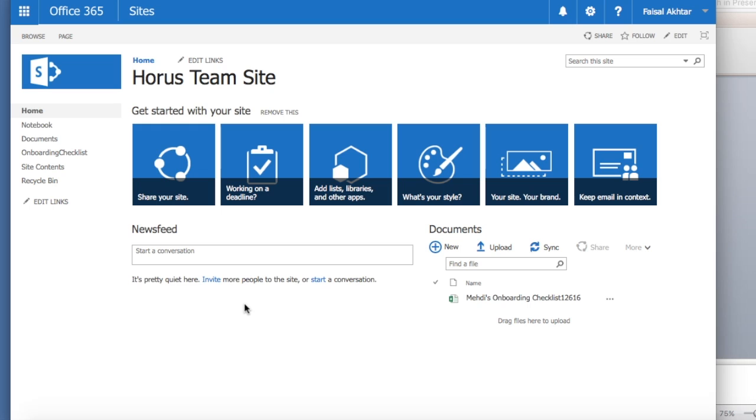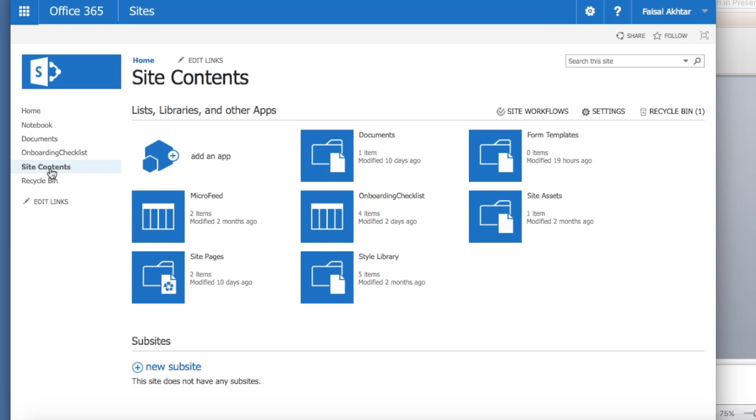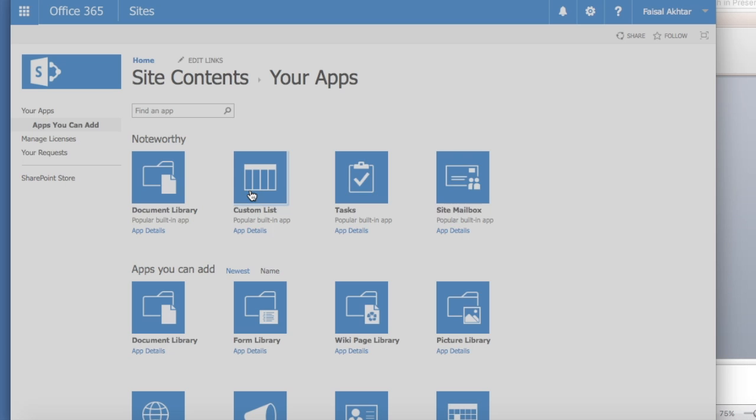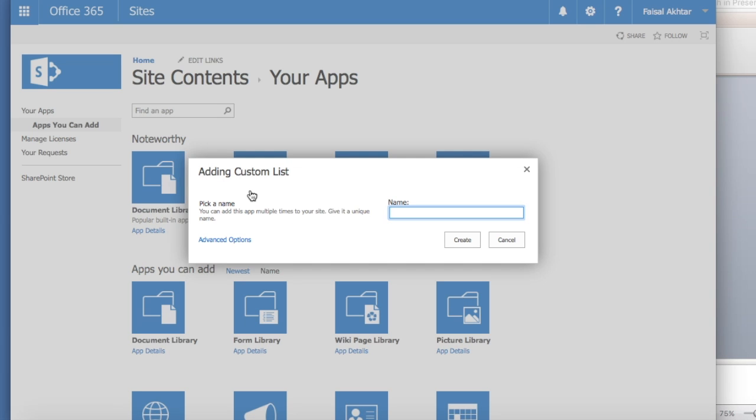What I'm going to do first, in order to create an onboarding checklist, is I need to create a list. Specifically, I need to create an onboarding checklist or a custom checklist. So on the left navigation, if you're following my mouse, I'm going to click on the Site Contents tab. I'm going to click Add an App. And when I click Add an App, I'm going to find the custom list app, and I'm going to click it. And then I'm going to call it